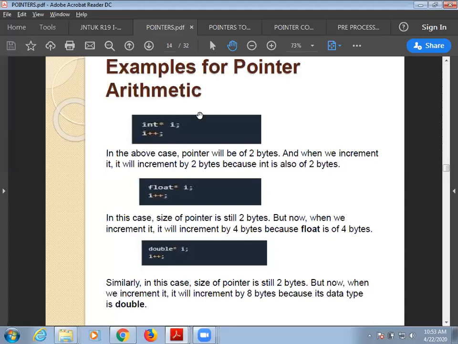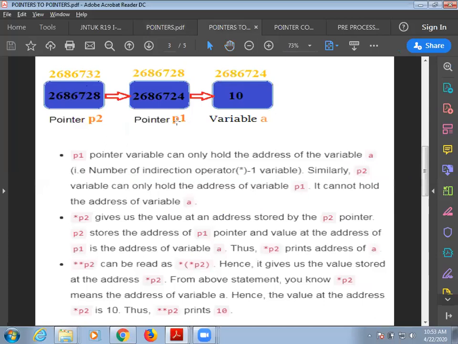To understand this pointer arithmetic, let's see that example once again. If I write ptr = &a, I will get 2686724.